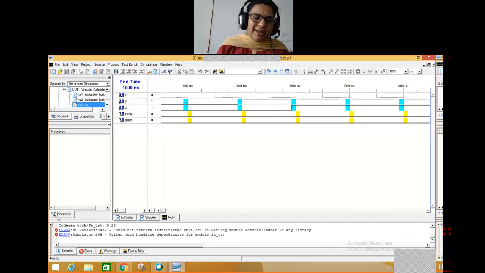So what was the change I'm supposed to make here? Instead of creating an OR gate after starting the full adder, I should have created the OR gate before that, so that it will be added into the library directly. Okay. So that is how we'll be going for the design of adders. Yes, any doubts?